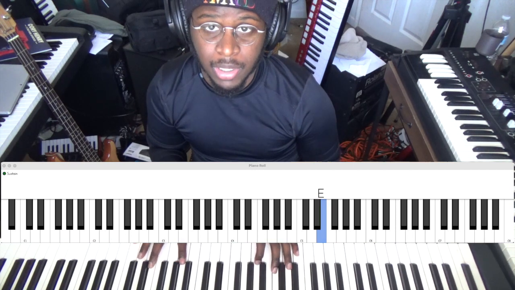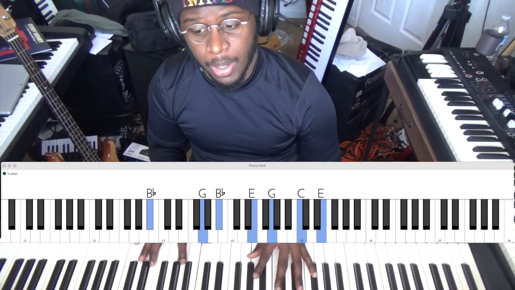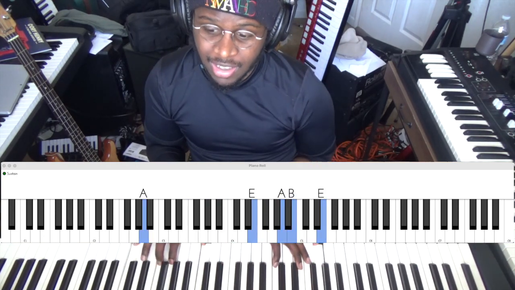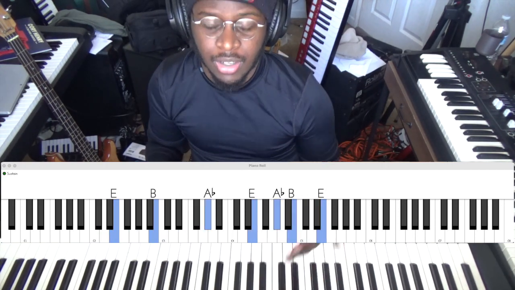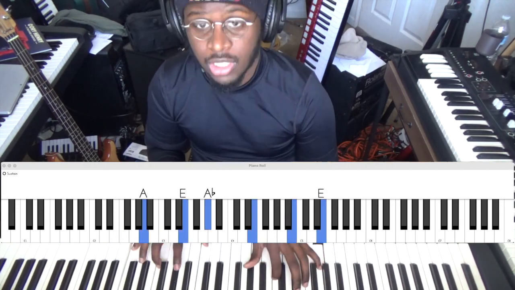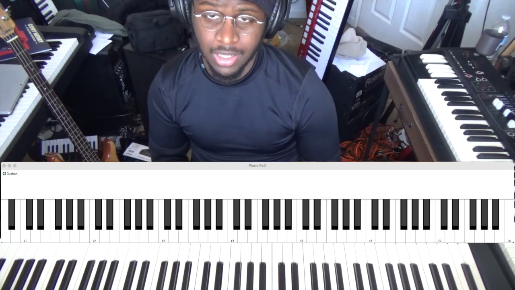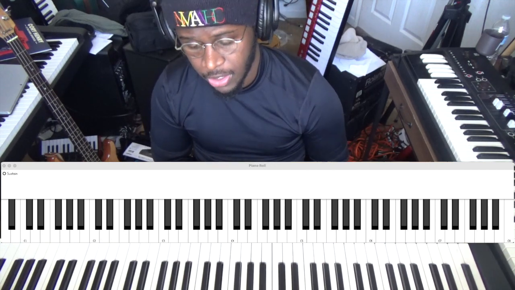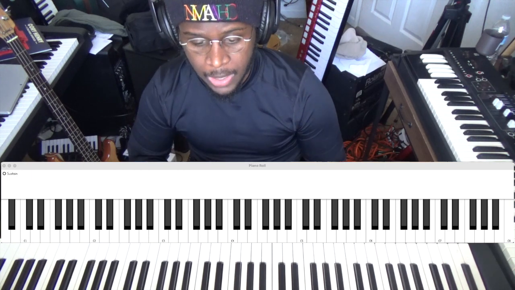If I have my E on the top, I can play a C major chord, right? I can play B flat, right? Something like that. I can play this right here. I can play this. I can play this. There's a lot of different ones. The point is, there's like a million different ones, but you need to know which ones to choose on the spot, right? So there are two things you need to know. You need to know your chords and whatever key you're gonna be in, and you just need to have some sort of idea of harmony.